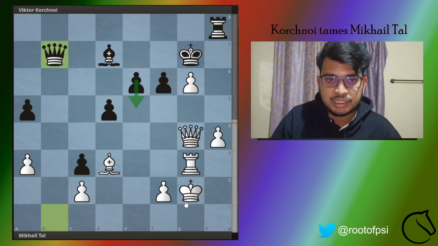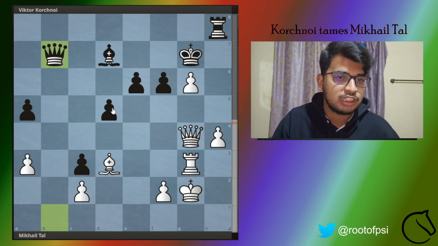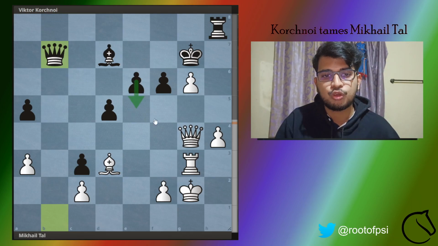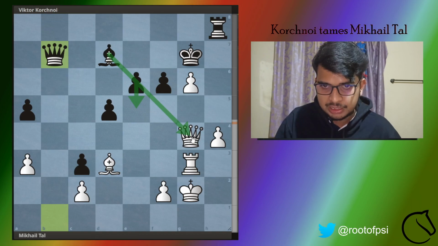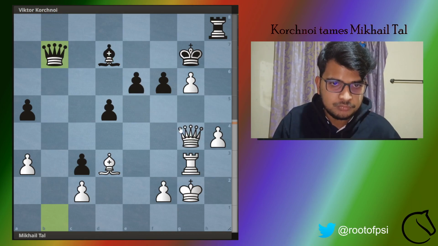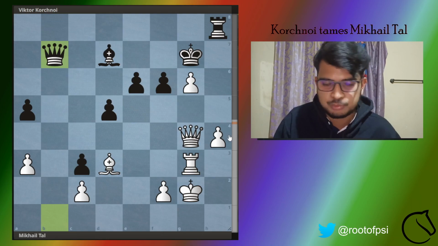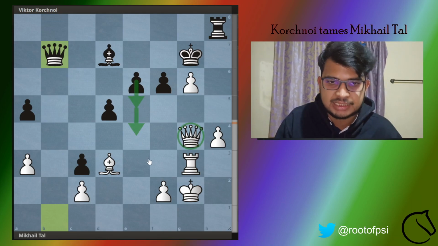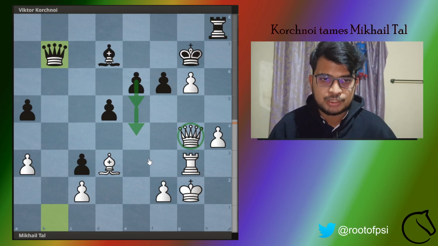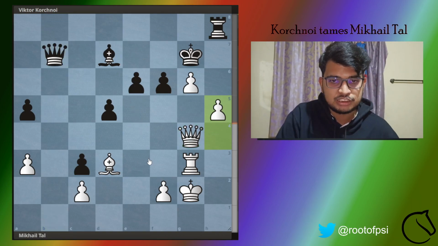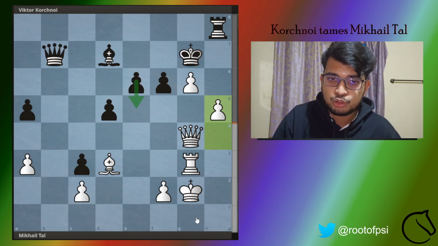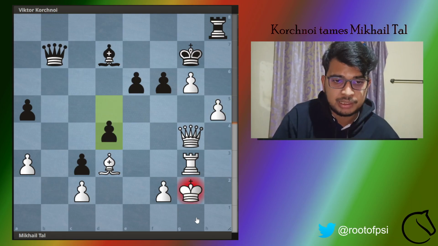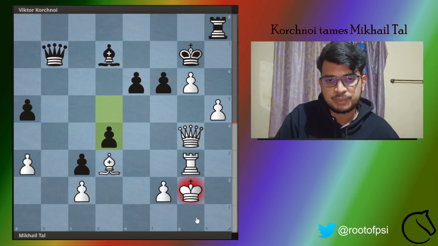So the queen decides to retreat here, and the idea of this retreat is either to play this move of e5, wherein you can create an attack on this queen. First of all you have to make some move in this position, but let's say I just play here and you decide to move your queen, then you can already see that the central pawns have created a bit of trouble for you. So Mikhail Tal just plays first this move of h5, and Viktor Korchnoi can also play this move of e5, but he instead decided to give a check here, which is completely fine.